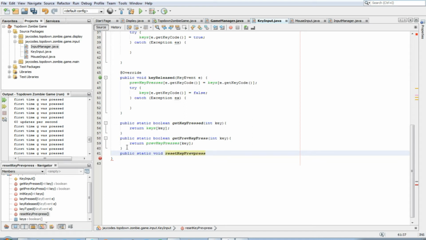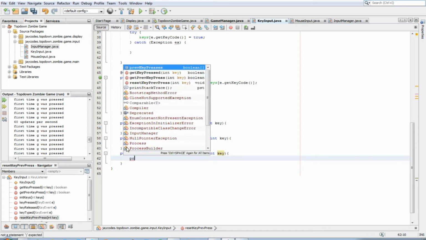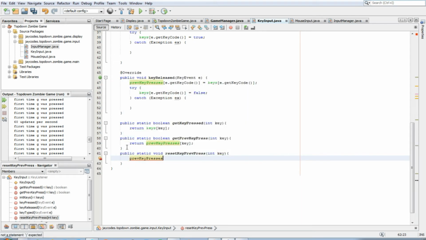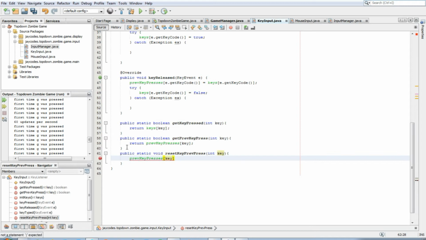We didn't reset it, so it's going to take an integer key, and what we're going to do is just say prev key press at key is equal to false,